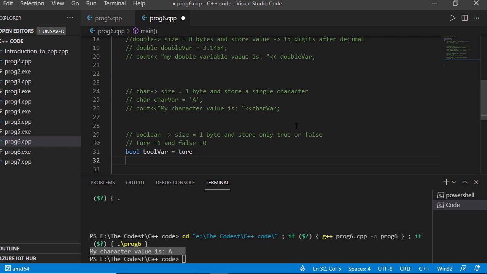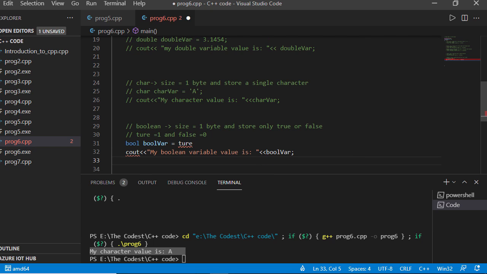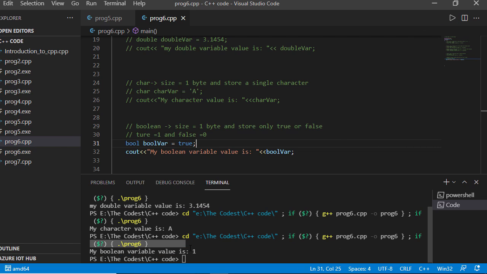So bool where, I declare it, and true. My boolean variable value is bool where, but the spelling of true seems not to be right. So the true, yes, this is true, and let's print this. Okay, so this prints 1. So true and 1, these are the same things. If I write 1, then I'm getting 1,